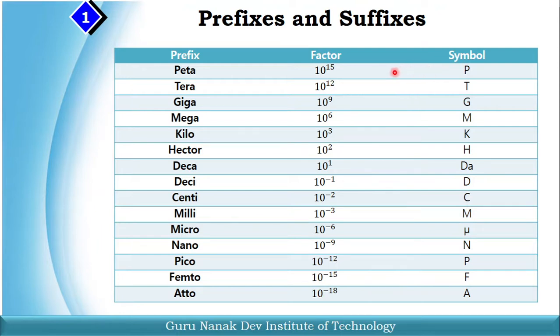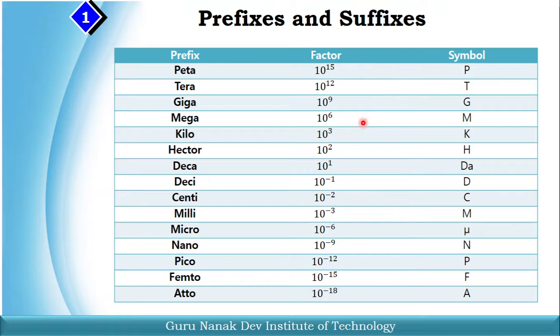Likewise, for example, you are doing communication. For that, suppose the carrier frequency is 1 megahertz. So for 1 megahertz, you cannot write 6 zeros. Instead of that, you can write 1 MHz. 1 MHz will be 1 megahertz. So these are the short forms. Instead of zeros, we can write only symbols.